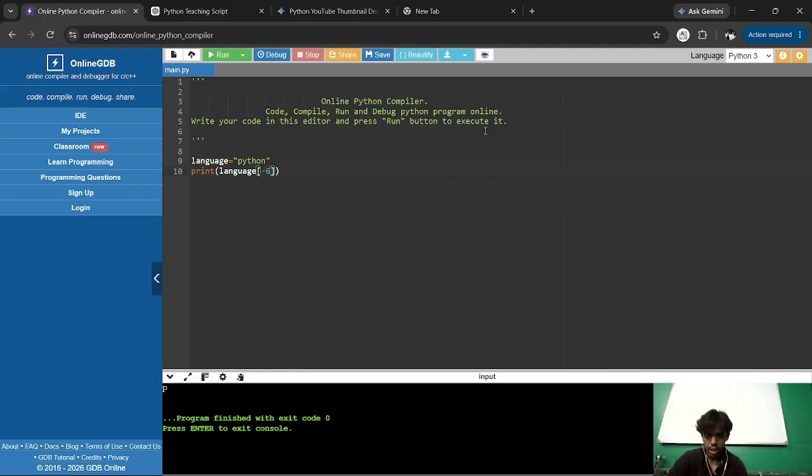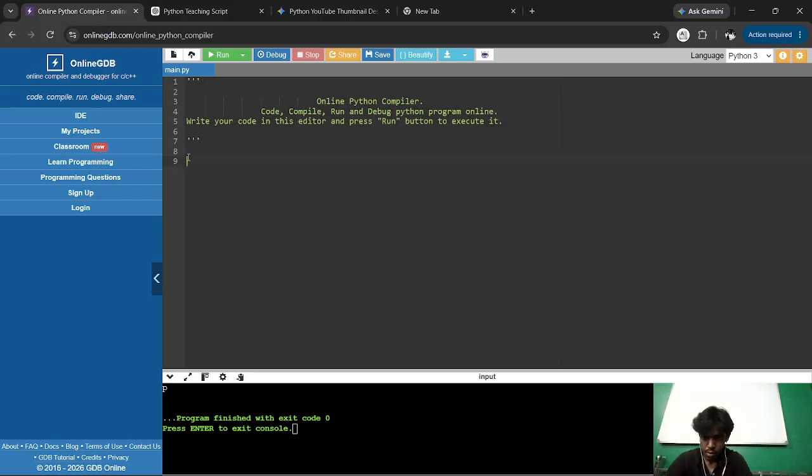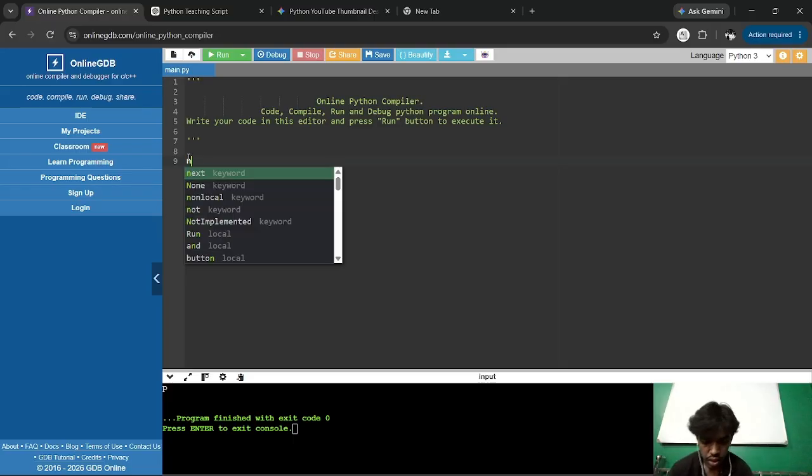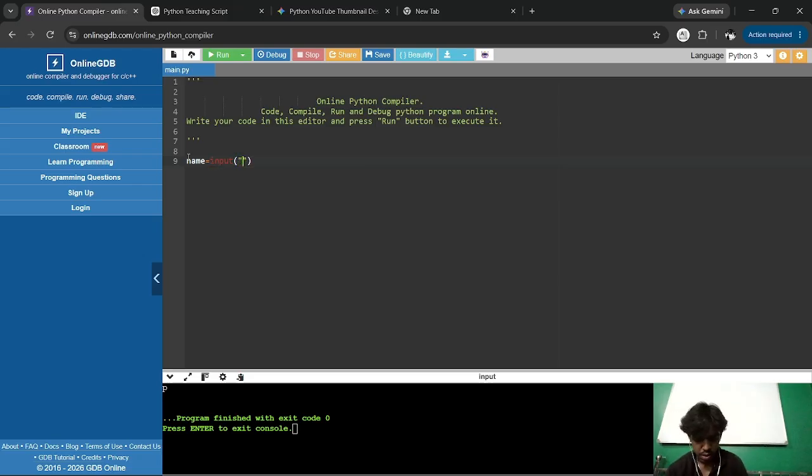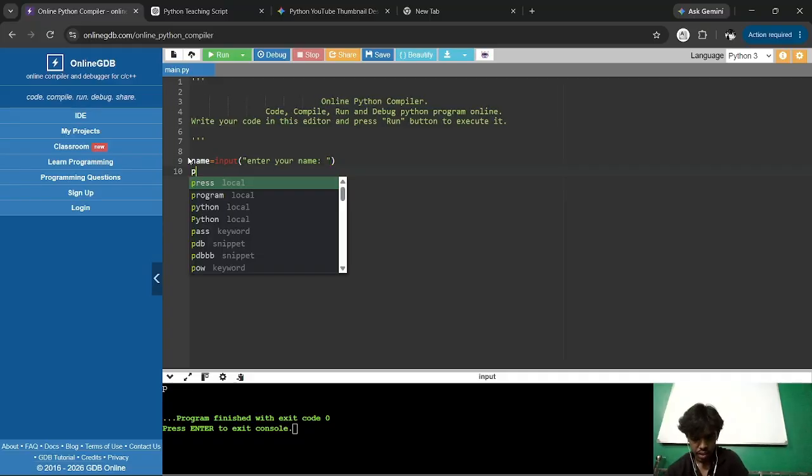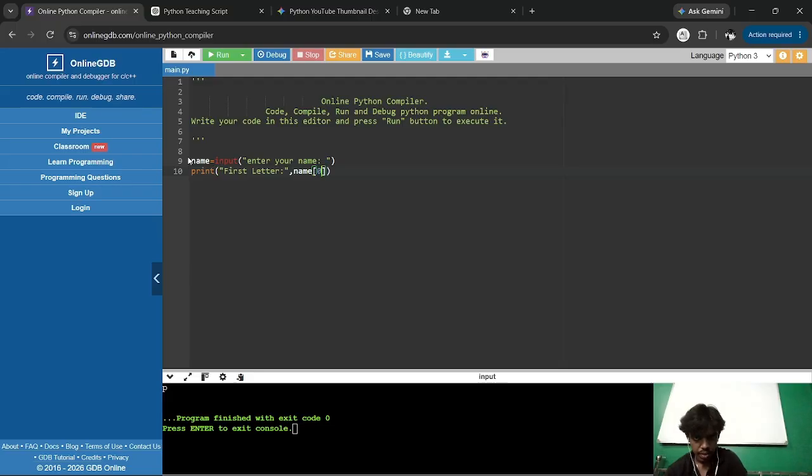So, we can do an example of a user input. So name equals to input, enter your name, then we will print, print first letter. First letter would be at zeroth index, no? And last letter would be at